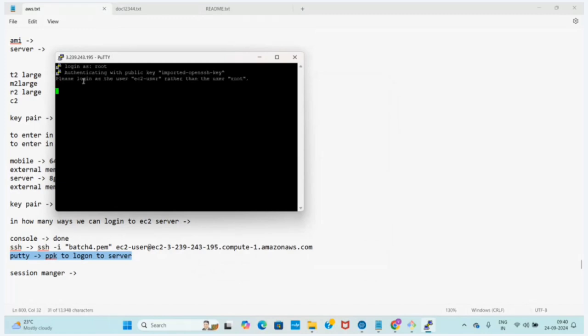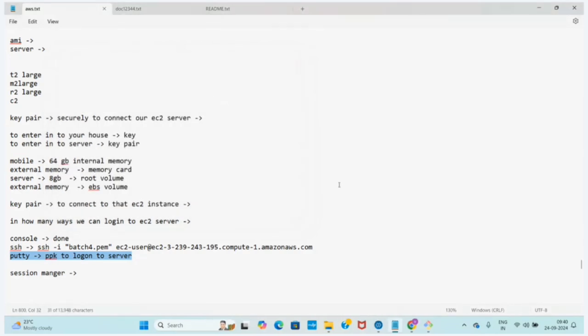See here what it shows: please log in as the user EC2-user, rather than the user root. It shows to try to log in as the default user. Don't try to log in as root. It got deleted. The terminal